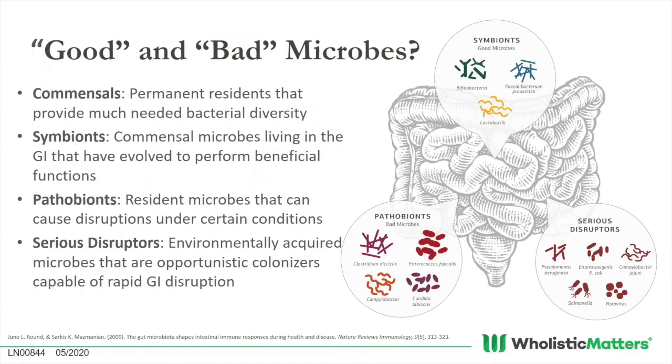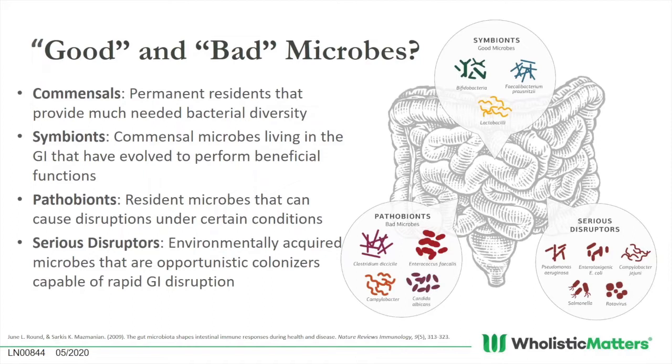So they're part of that overall microbial diversity. But when something happens and they wind up in a spot they're not supposed to be, so say a microbe that's supposed to be in the lower GI winds up in the upper GI, that can become very problematic for an individual. Or if there's some kind of depletion in populations of good bacteria and these pathobionts outgrow and become a higher proportion than they normally would, then they can cause real problematic effects for the host.